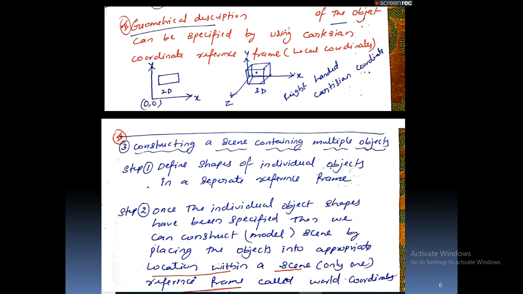Then how do we need to perform modeling? When a given scene or image contains multiple objects, how do we perform modeling? We are using two steps here. Whenever you want to perform modeling when an image contains multiple objects, step one says that define